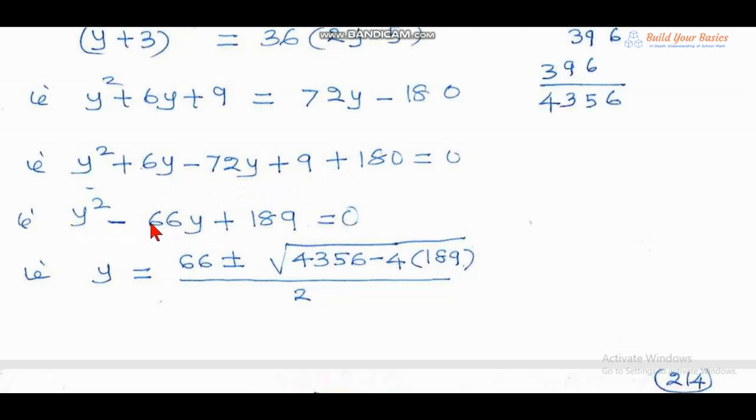Let us solve this quadratic equation in y by formula method. That is minus b plus or minus square root of b squared minus 4ac whole divided by 2a. The middle term is minus 66, so the sign changes to 66 plus or minus